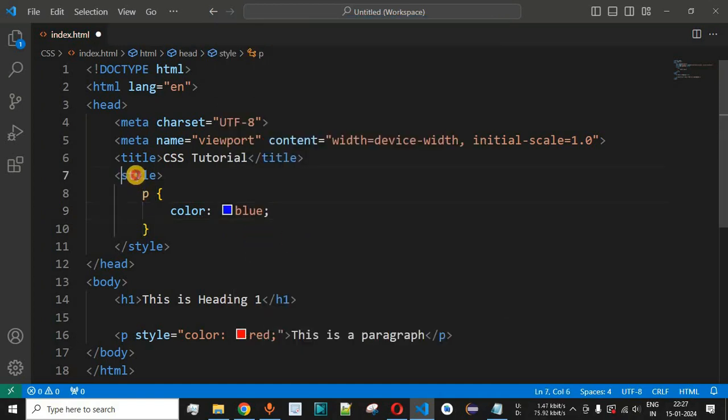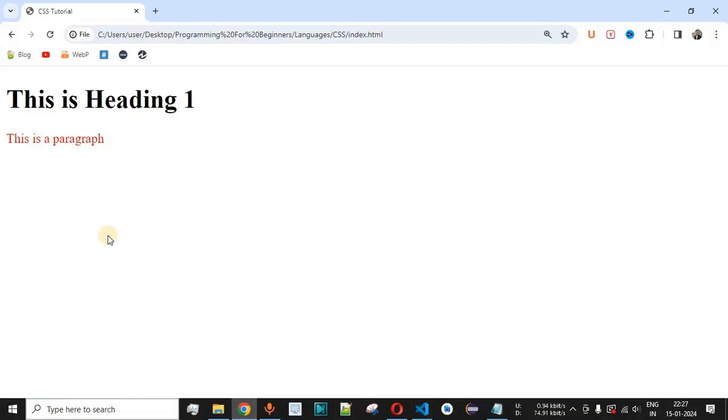So guys, basically for the internal CSS we are applying the color blue for the p tag, so that the text that is present in all the paragraph tags will be displayed with the blue color. So guys, let me just save this file now and let us see whether this color, that is blue, will be applied to the text color of the paragraph or not. So let me just reload this page once again on the browser.